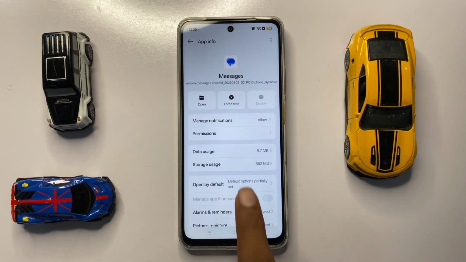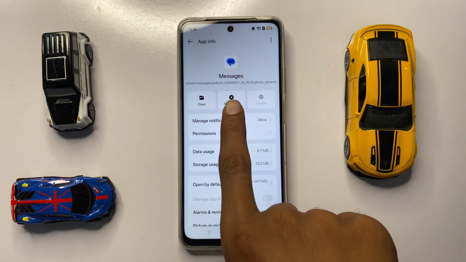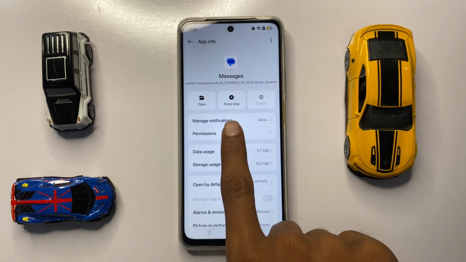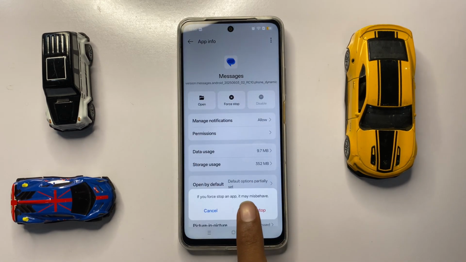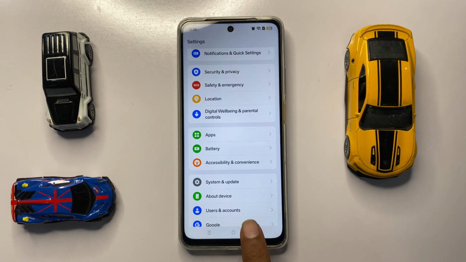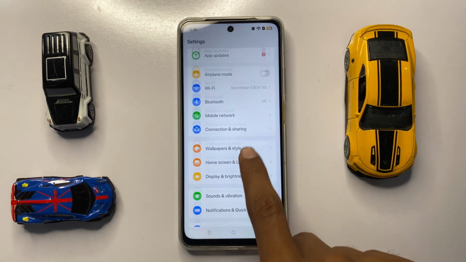After clicking on messages app, then click on force stop. Now here you can force stop your messages app. Now click on force stop and then again click on force stop. After force stop your messages app, then go back to the main page of your settings and click on sound